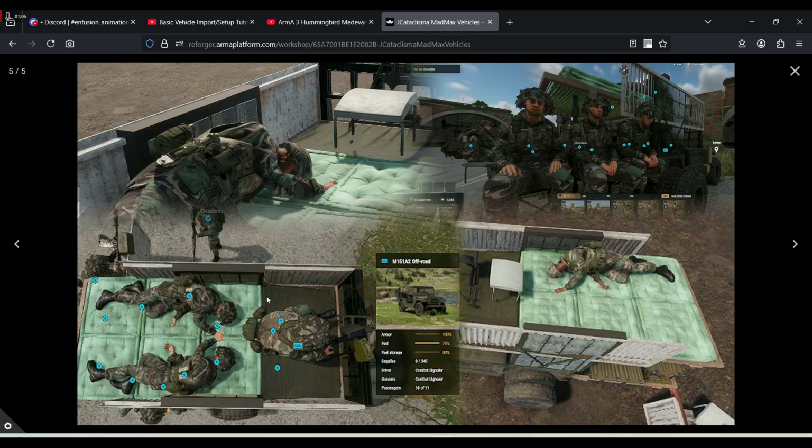Okay, please mind that the animations themselves do not make the seats act as medical seats. I will show later on in the video how you can do that. It's very easy, it's very quick, and the only reason I could make this video is because